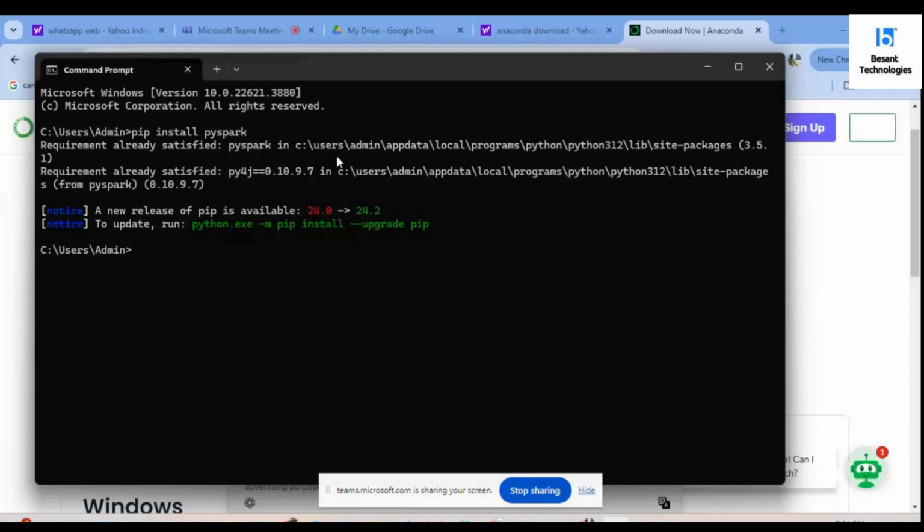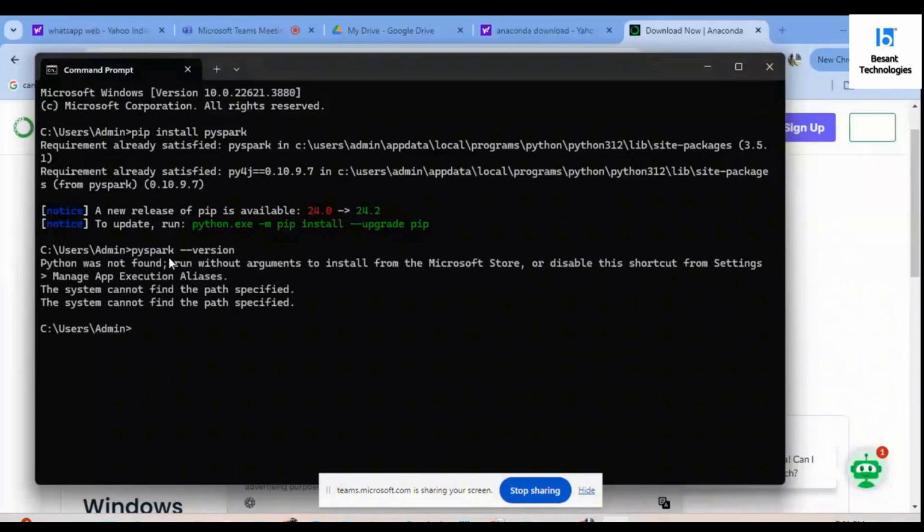Requirement already satisfied. Okay, I have already installed it. So let's see. Python was known for